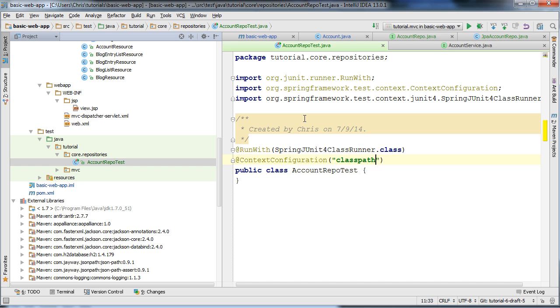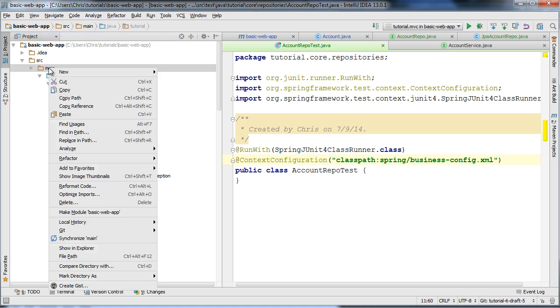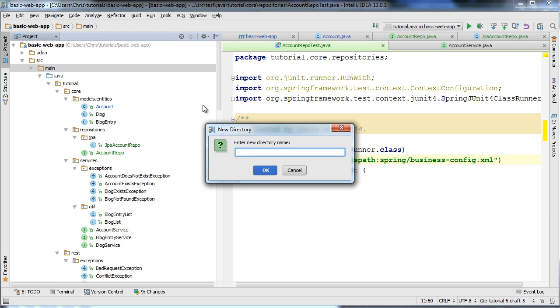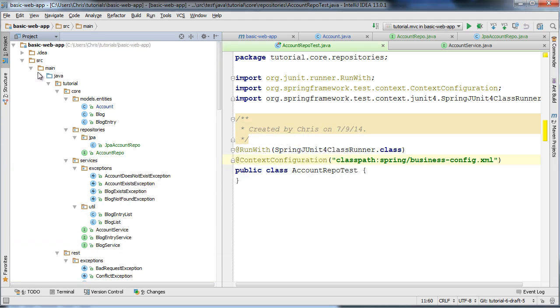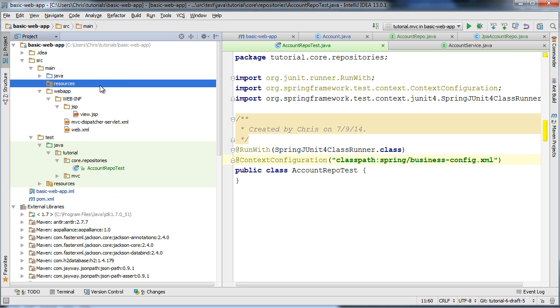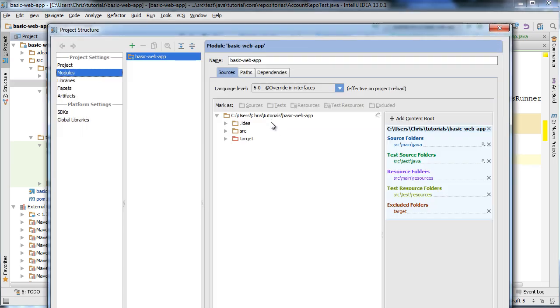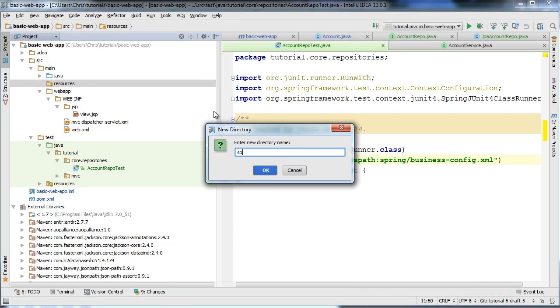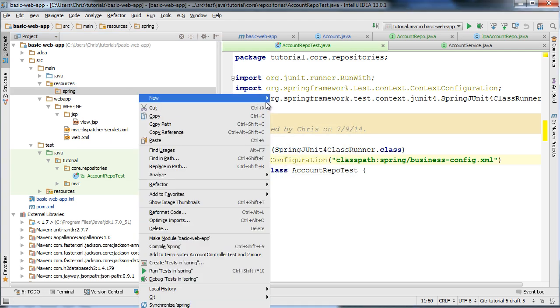So I'm going to specify that this is on the class path in a directory called spring, and I'm going to call this file businessconfig.xml. I'm also going to add this to our class path by creating a directory under the main directory in our project folder, and basically Maven will look for the resources directory under the main directory for class path resources that need to be included in the distribution. So I'm going to create the directory resources under main, and you can see that the resources directory is under main, and I can now create the directory structure for the files we want to include on the class path. So I'm going to create the directory spring, and inside there I'm going to create the file